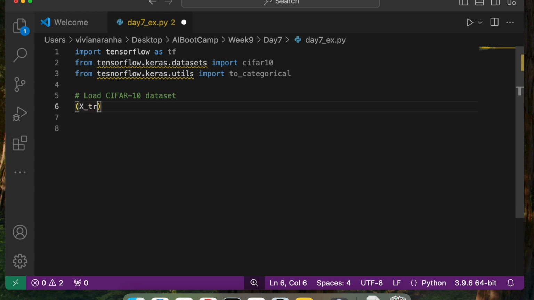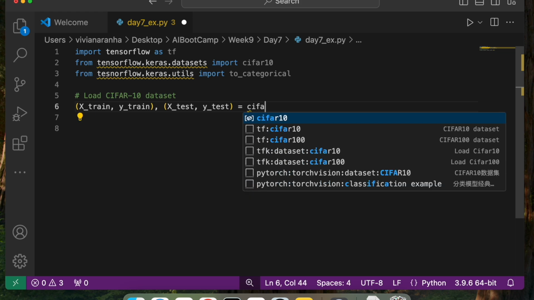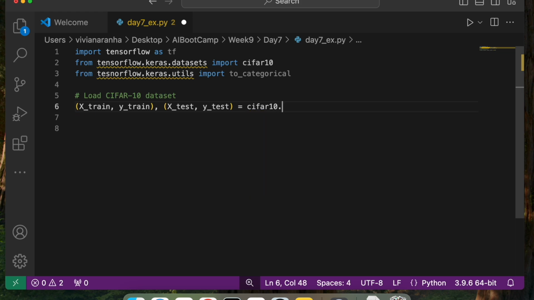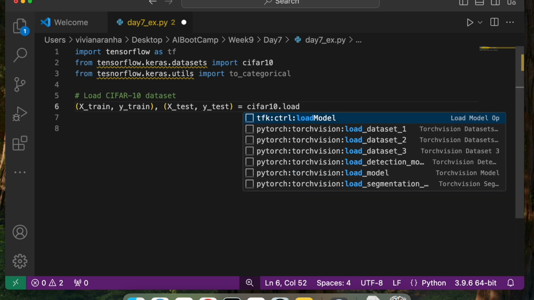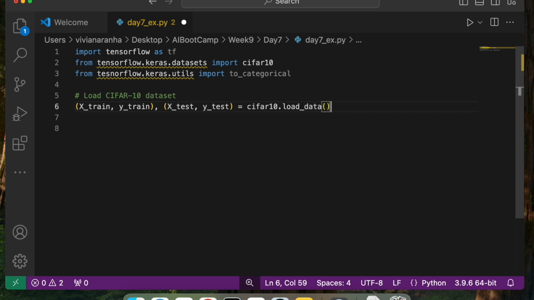That I can do by saying (x_train, y_train), (x_test, y_test) will have cifar10.load_data. So that will load my data into these particular variables.